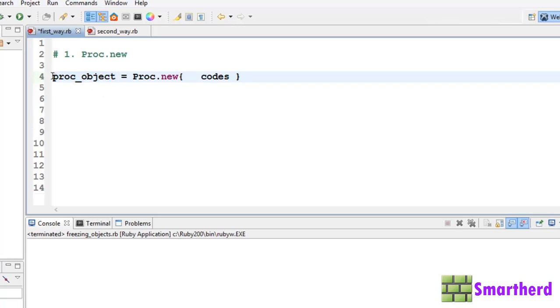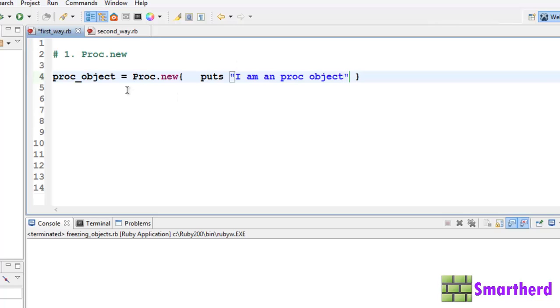So after converting this block into an object, we can perform normal operations on that block object using this proc class. Now, let us put our code here. Let's use puts "I am a proc object".